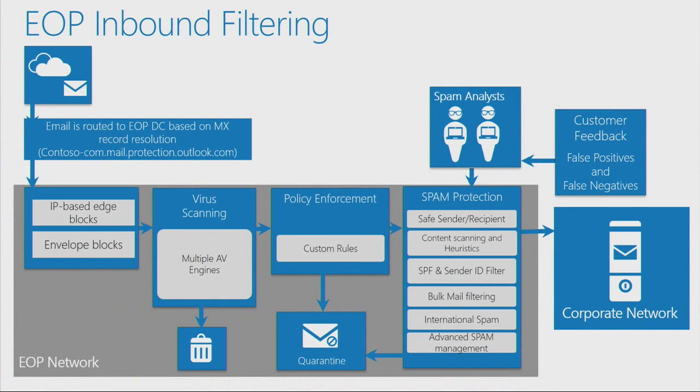Fantastic. So the message goes through the virus scanning, then the policy enforcement, which is the custom rules that I showed you. If the message is coming from this sender, do this action. If this message is sent to this recipient, do this other action, and so on. Exactly. After that, the message goes through the spam protection, and this is where we check